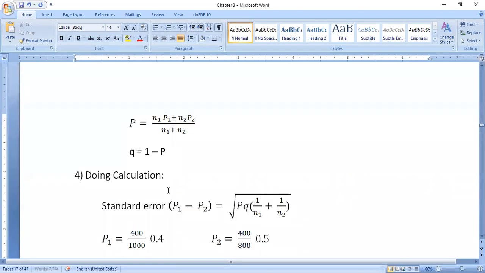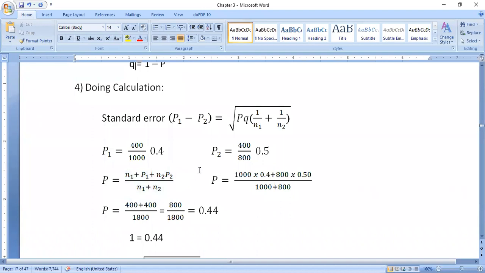Then next we go for doing calculation. In doing calculation, you observe the calculation part here. Here town A and town B information is given, so that is the reason we have to calculate twice. So standard error of P1 minus P2 is equal to the square root of PQ into 1 by N1 plus 1 by N2. Okay. So here the P1 value,